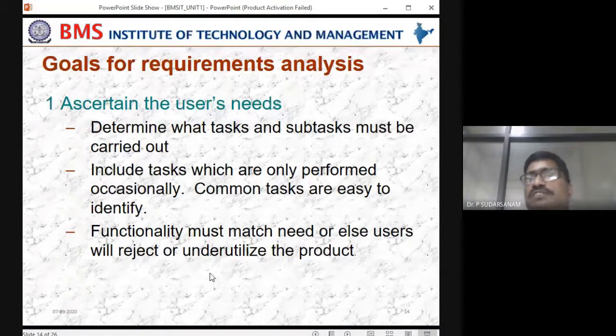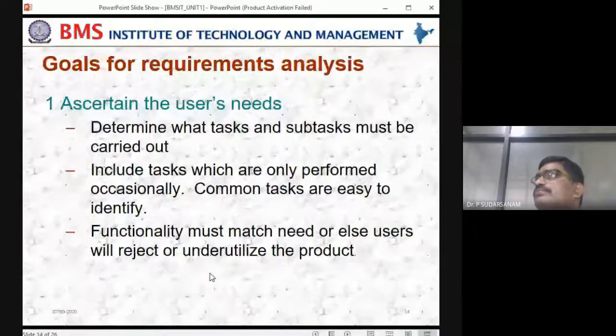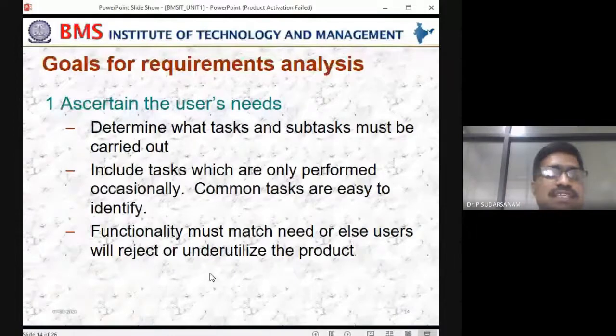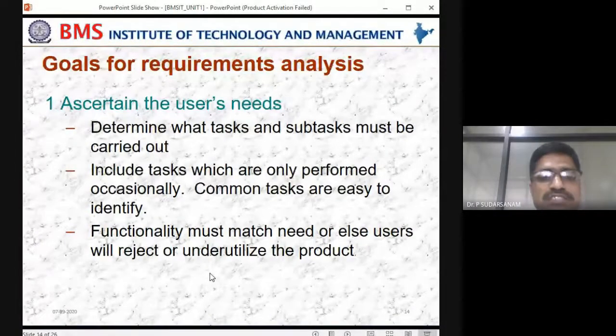So that is the reason they have to give functionalities, very clear rules and regulations, then only they can understand. That is what the users need, is nothing but what? Four points are required. Here they have to mention very clearly the task and subtask for the candidates or group, whatever it may be.